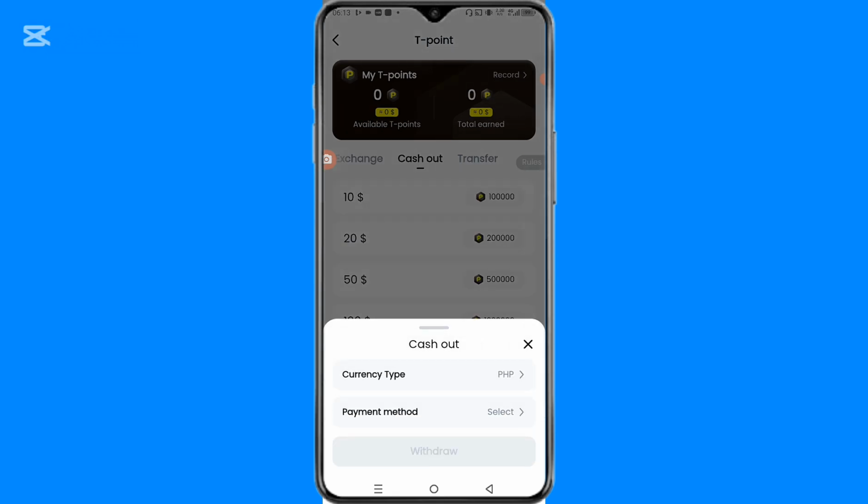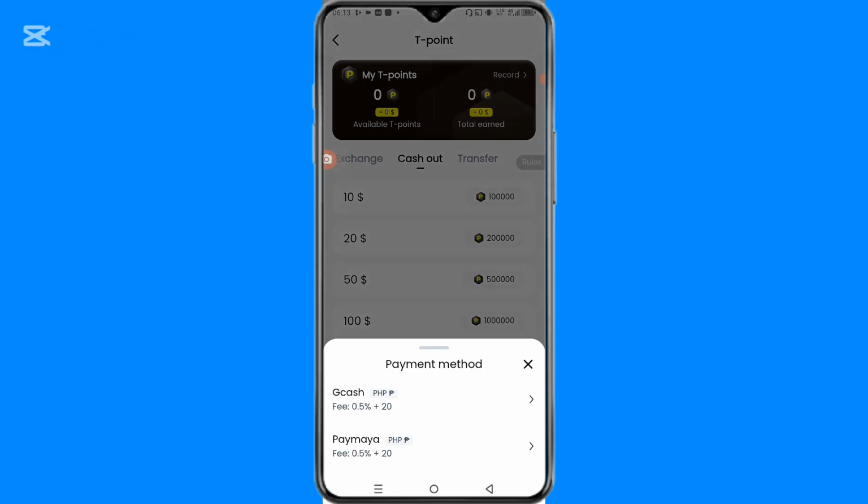Now select the payment method. So we have two payment methods there. You just have to select the particular one you want to make use of. I'll be selecting Pamaya,